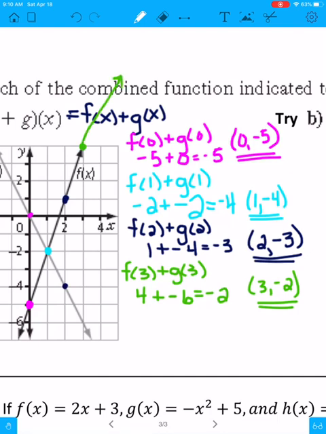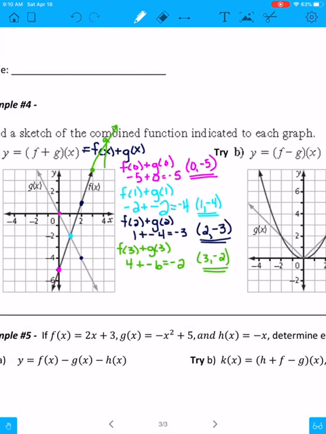I'd have to just guess it, and I don't want to guess it. So I'm going to stop there. So I have 4 coordinates on my new f plus g graph. So I'm going to erase these ones off, and I'm going to plot those, and then I'll have the new